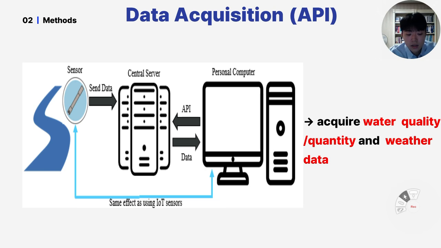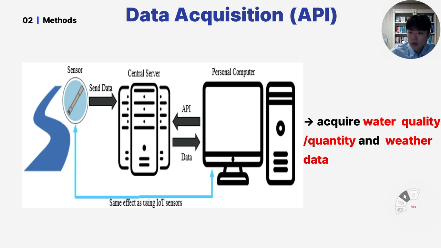An API is a system that facilitates communication between different software components. It acts as a messenger, allowing a client application to request data from a server application and receive a response. The API was used to obtain both weather and water quality data, and it was implemented using MATLAB